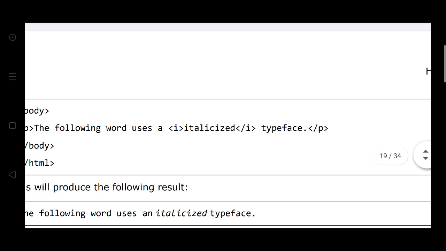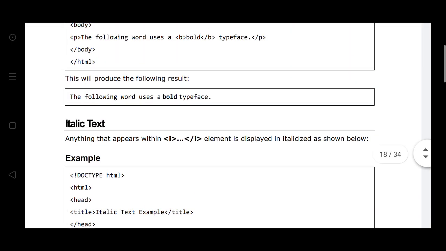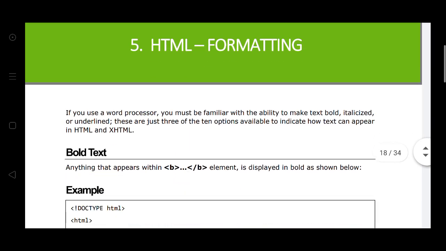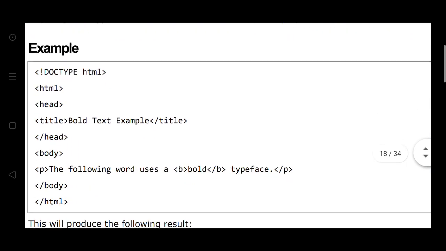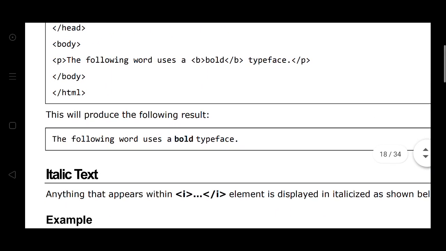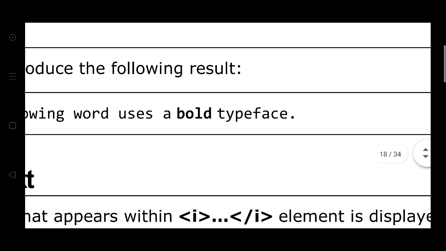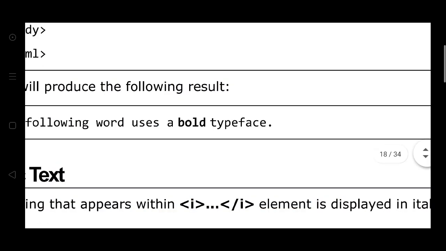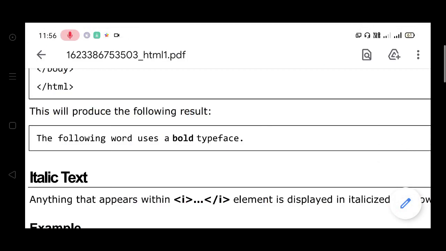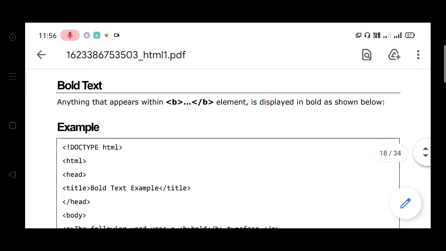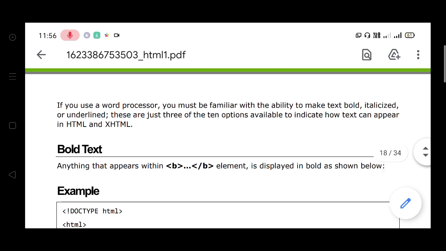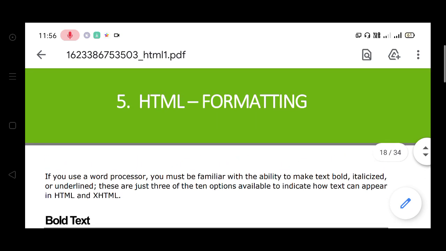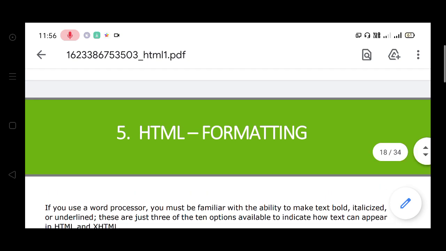Typeface, or font face. Then the bold type, the bold font, is bold. Here you see the comparison with the word; the bold is only the size of bold. Then font style, then these are the HTML formattings.